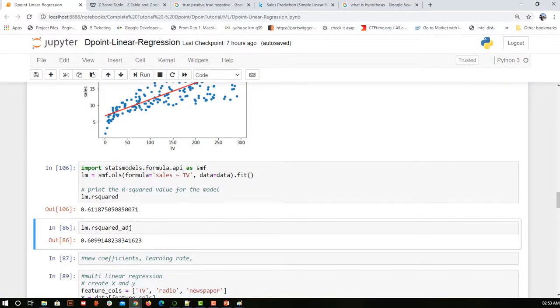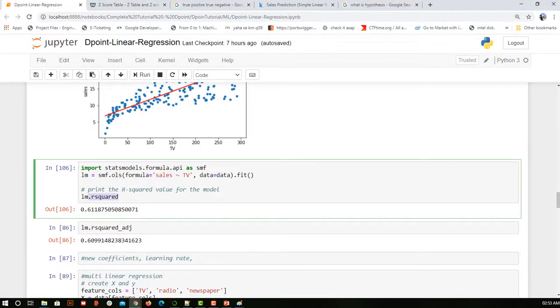Now, the one which we used in linear regression, there our loss function was mean square error, but here we are using r squared. This is again a different loss function, so we are not going to cover it in depth now, but r square is one of the loss functions. The more the r square, the more our accuracy.